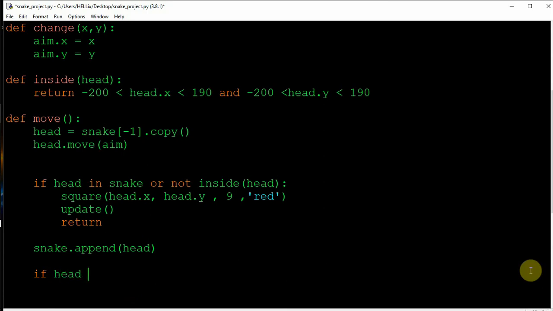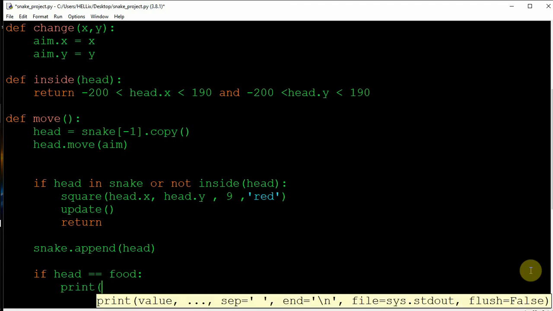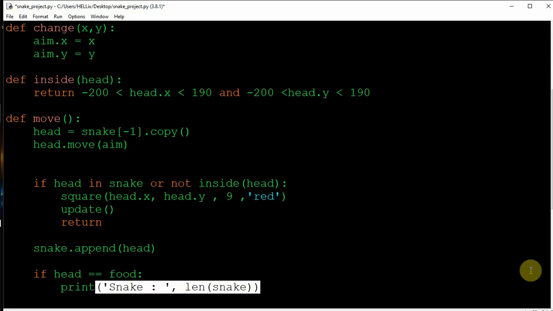So now write if head equal to food. We'll print the snake's value, because we need to print whether he has eaten or not. Then we'll tell the length of the snake. This is the list which we are using, so we'll print the list length. And just after this we'll change the food location.